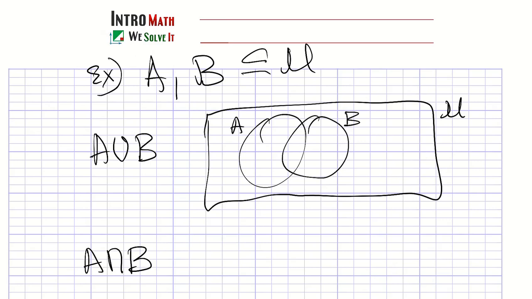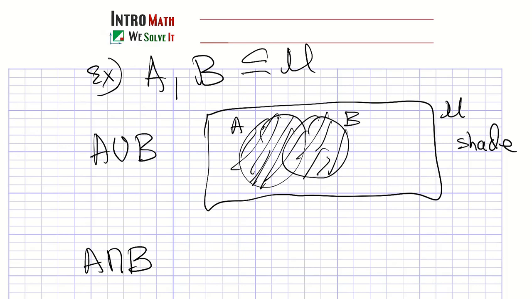Now, the best thing to do here when you don't have elements, you need to shade them. Okay, so the A union B is everything right there, except anything in the universal set. But let me see, so right there, well, they contain elements of the universal set. So the elements are the elements of the universal set. But this is how you shade them. I think I showed you something like this when I first started, right? Okay, so let's do